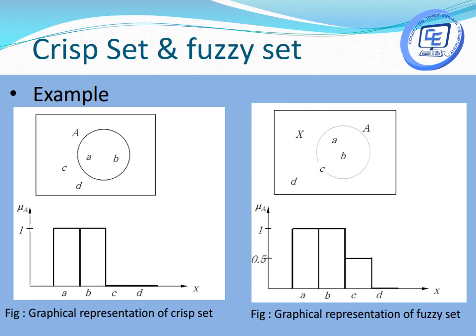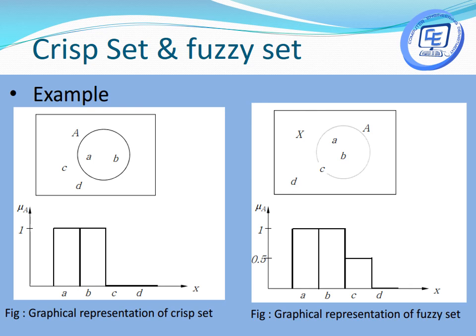And here the fuzzy set is required, as represented in the graph. Students a and b have absolutely good qualities, so they are 1. Student d has absolutely bad quality, so he is at level 0. And student c is sharing good and bad qualities, sharing the border of set A and universal set X, so it has the value 0.5. This is called a fuzzy set, where there is some ambiguous situation.